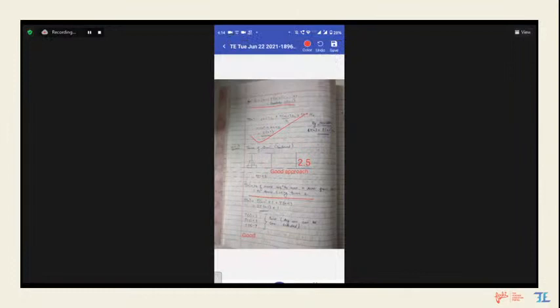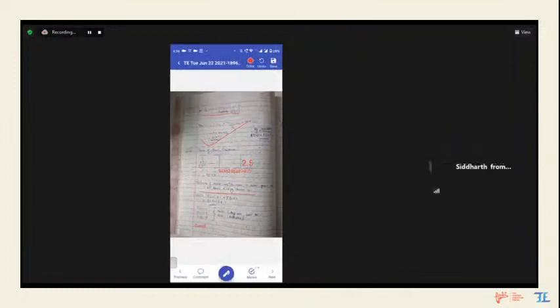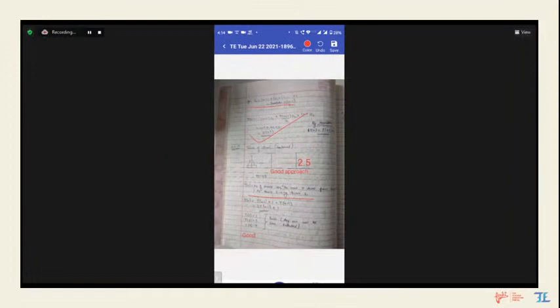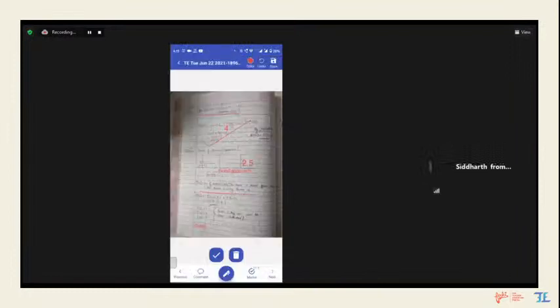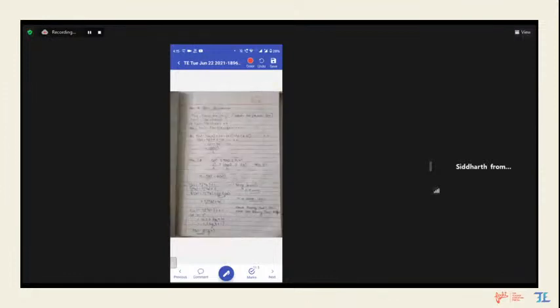And now a great thing about marks tool, and it is sort of a magical feature for all the teachers, is that while you are giving marks, you don't have to total them. So as a teacher, one of the biggest time consuming work when checking an answer sheet is totaling of the marks, right? Ttz does that for you. So all the marks that you are giving, if you see in the section below, the marks are being auto totaled. So if I add, let's say 4 marks again, see the marks have been totaled to 11.5. So this is how the Ttz app works. It is this simple, right? This is what Ttz app is.